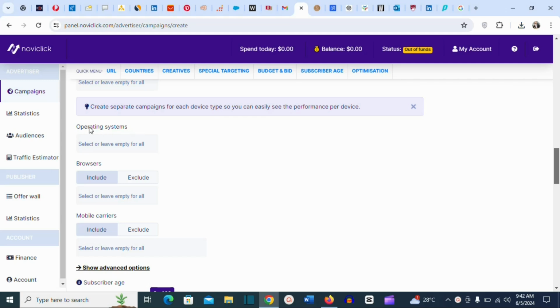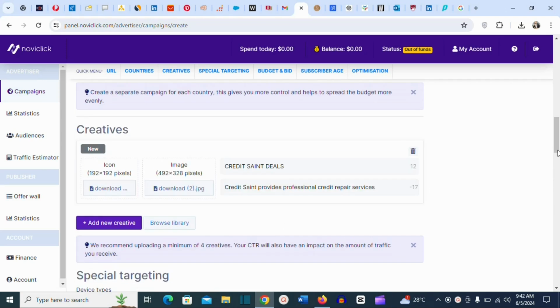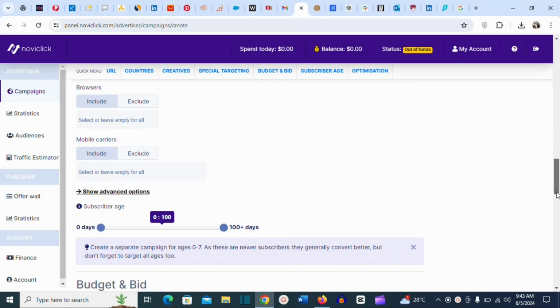If you want to target specific operating systems like Android or Apple iOS, you can do that, but in this case we want to target all of them, so just leave it. Browsers, we are targeting all browsers. You can see mobile carriers, we are targeting all mobile carriers. There is no restriction. You want people to click on our link and then purchase the product, so just leave